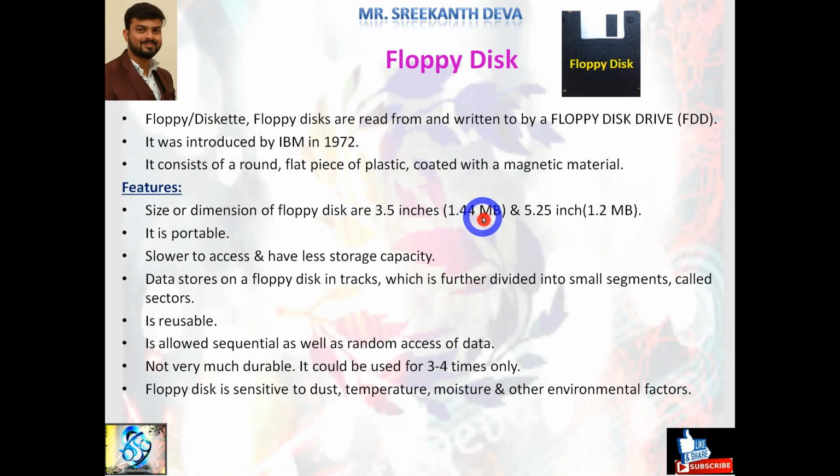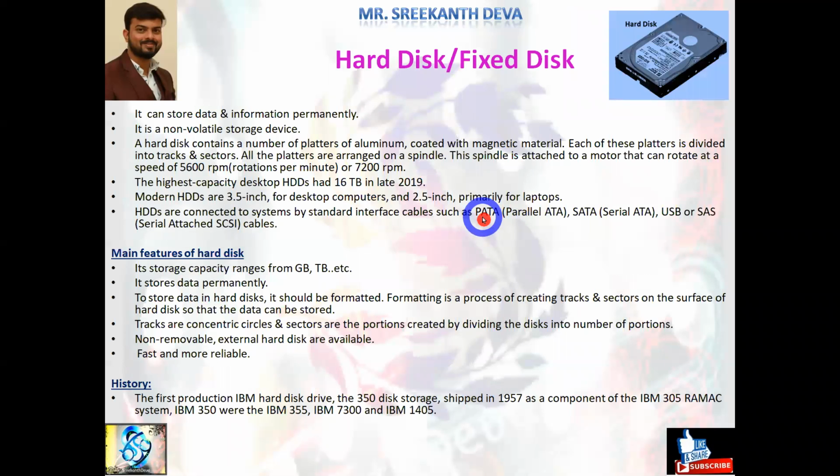Next, the hard disk or fixed disk. Nowadays, as I just told you, the internal hard disk is a fixed disk, but an external one we can carry. Like solid state devices and pen drives, we can also use an external hard disk. Anyhow, here we are discussing what a hard disk is. A hard disk or fixed disk is another type of magnetic disk on which we can store data and information